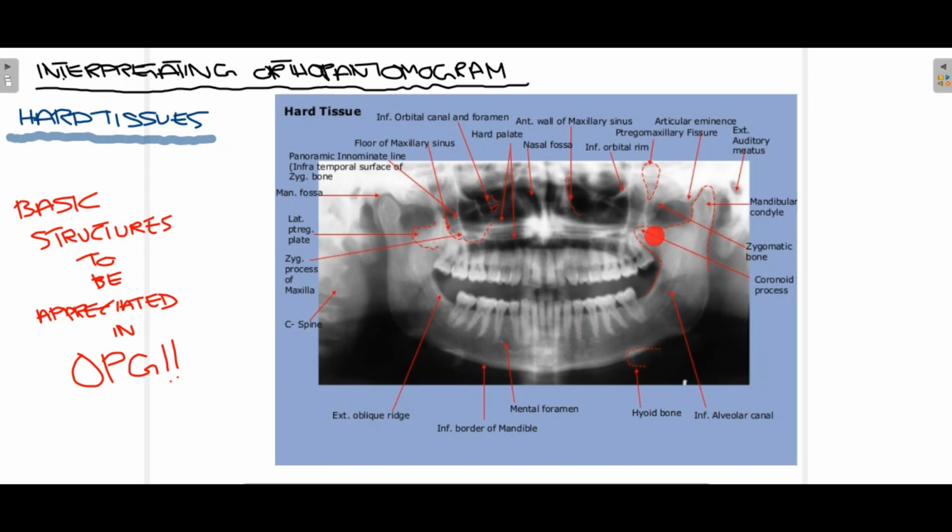Here the temporalis muscle, one of the muscles of mastication, is attached. This is your notch that is present, and next to the notch we have the mandibular condyle, and this is the neck of the mandibular condyle. Again you can see over here this is the zygomatic bone. Just posterior to the mandibular condyle you can see this spherical structure. This is the external auditory meatus, which is the inside structure of your ear.